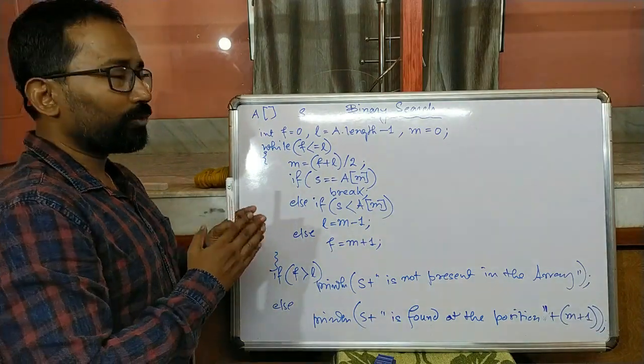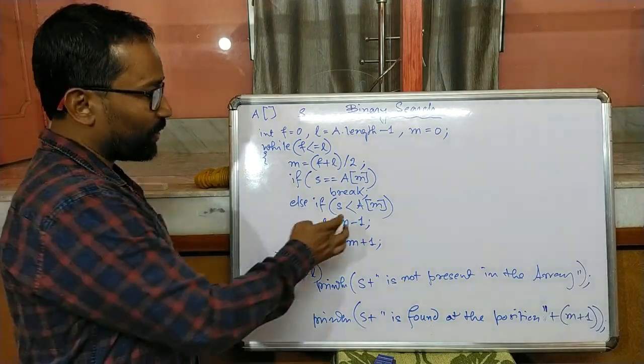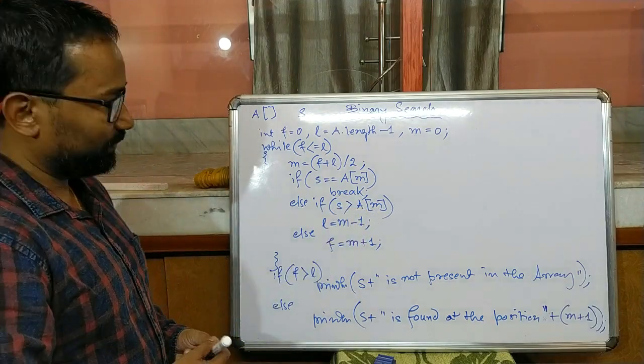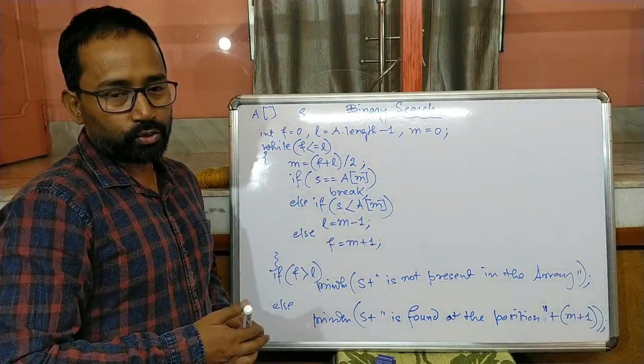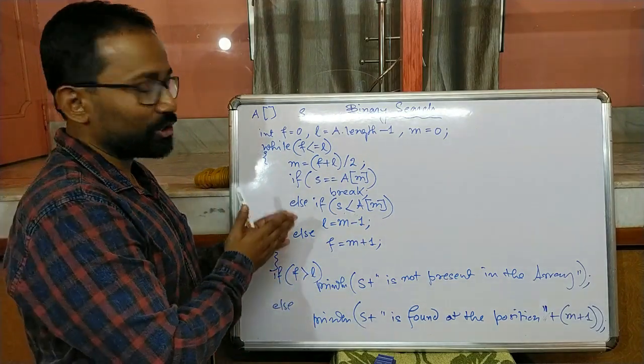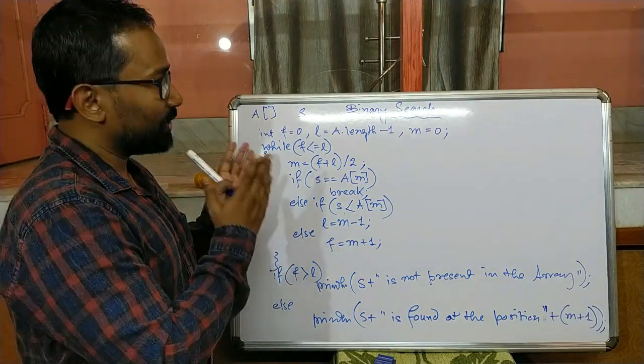So this is binary search on the sorted array where all elements are sorted in ascending order. Now if the array elements are sorted in descending order, what to change? Only here. Instead of less than, we will put greater than. Bas, over. You can pause this video to copy this code and check it on your machine. Maybe I am wrong, so you have to confirm whether this code is correct or not on the computer, because the computer cannot teach you wrong things. So this is binary search.